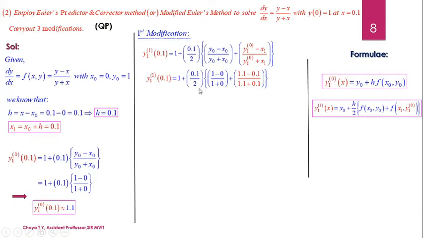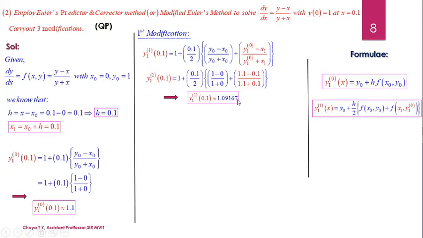When I substitute the values, it is 1 plus 0.1 by 2 into 1 minus 0 by 1 plus 0 plus y1 from the 0th modification, that is from the previous step, it is 1.1 minus x1 we have obtained, it is 0.1, and I have substituted the same. Now let us use the calculator and simplify it. So we are going to get the value of y with the first modification at the point x as 0.1